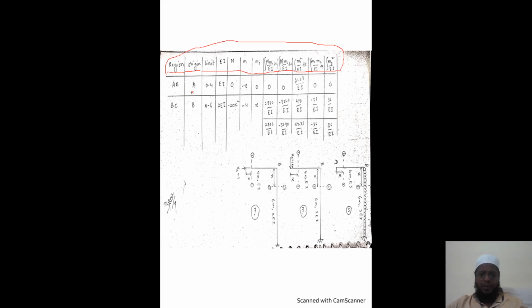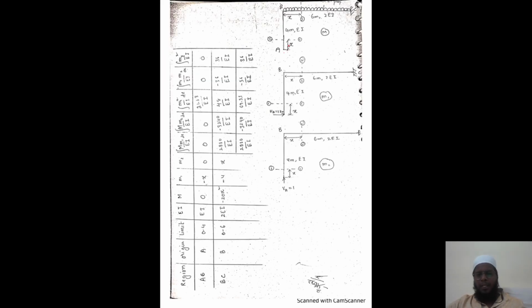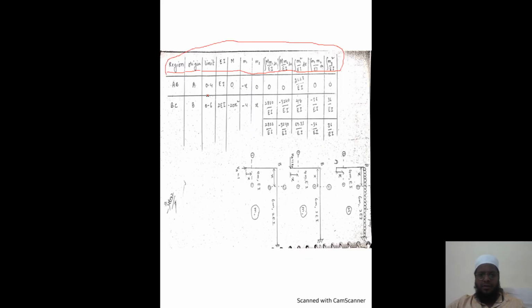So we were talking about this span AB. I have taken A as origin. Whenever we take distance x from any point, that point will be treated as origin. See here, this is the origin. And what is the limit of span AB? Span AB is 4 meters, so that is why we have written the limit is 0 to 4. What is EI? EI is the modulus of elasticity for this beam. That is, for span AB we have the modulus of elasticity as EI only.